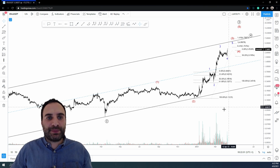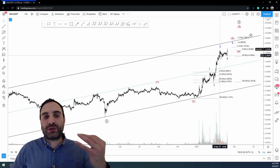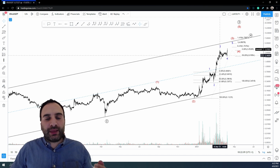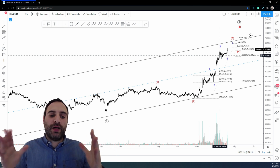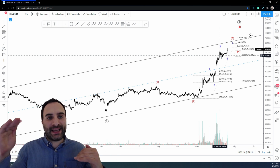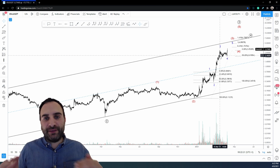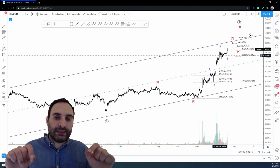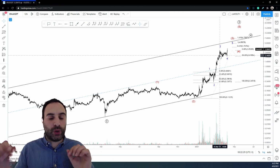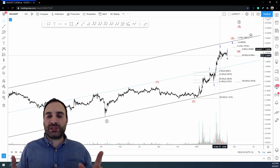Now, with that said, and having done waves 1, 2, 3, and 4, and because wave 3 was extended, it's very likely that wave 1 is equal to wave 5, because the rules are saying that when wave 3 is extended, and in this case we get an extended 3, then wave 1 and wave 5 are most likely going to be the same. This is called the guideline of equality. Okay, so we've got equality, which is respected, and we've got the rule of alternation, which is respected, and we've got ENJIN coin, a very well respected